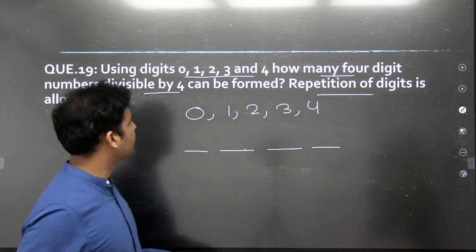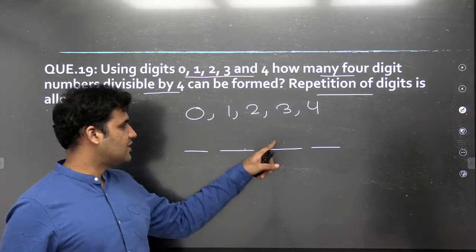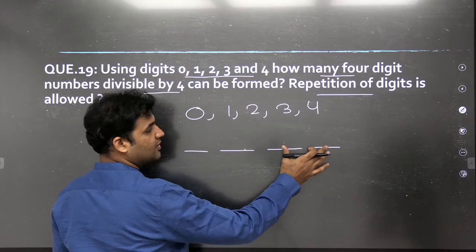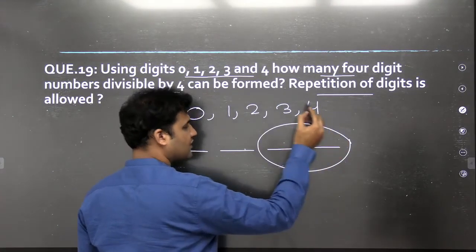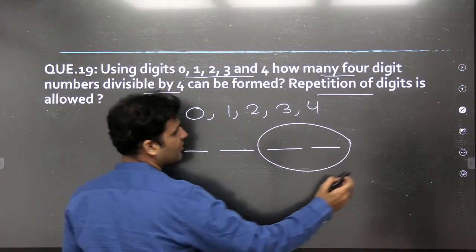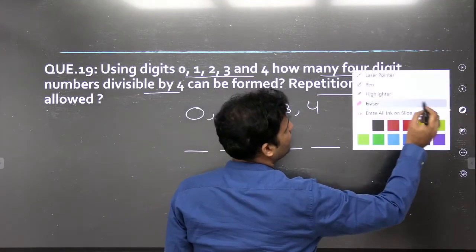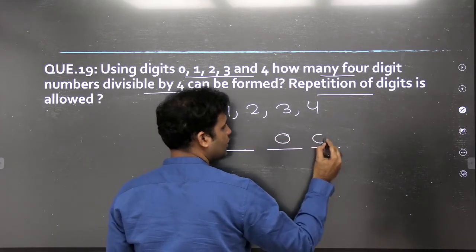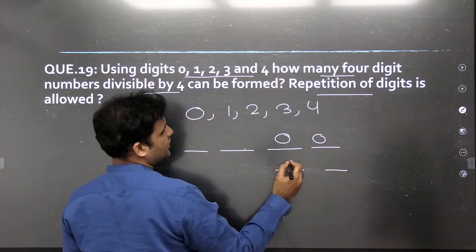Now you have to see, also in this case the repetition of a digit is allowed. That means I can place 0, 0 also here. Now see this. What are the different possibilities for the last 2 digits to be a multiple of 4? Because if the last 2 digits are multiple of 4, then the number will be multiple of 4. So look for all the possible cases where you are placing the last 2 digits as multiple of 4. Start with 0. Can I place 0 here, 0 here? Will the number be multiple of 4? Yes.